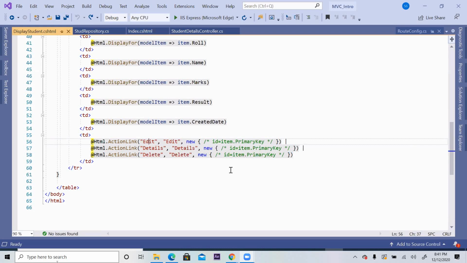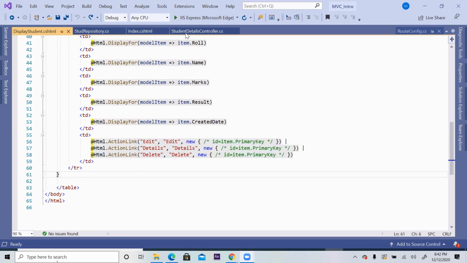For that student, please edit the record. That kind of action plan you can take inside this new keyword. We will see it at the next level when we go to how to use this CRUD operation. So the idea is, for every row, whether you want to give the user a chance of editing, deleting, inserting, updating, detail displaying, and so on, a couple of things it has given. If necessary, you can give more than this also.